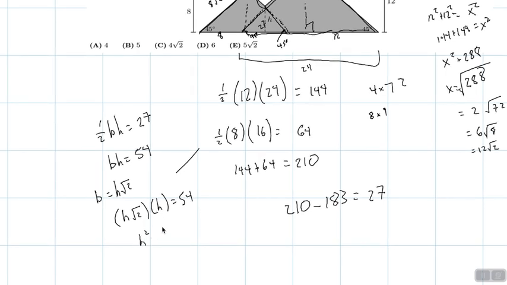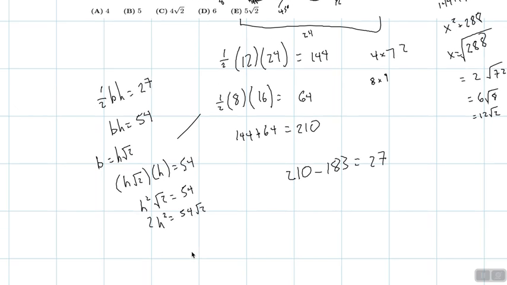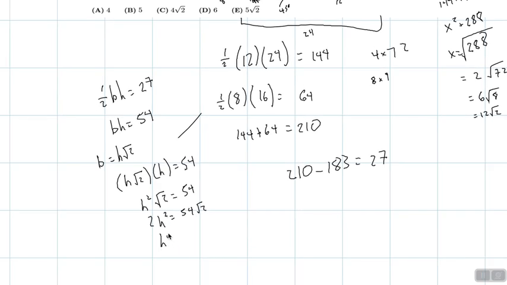So h squared root 2 is equal to 54, and multiply both sides by root 2. Divide by 2, h squared is equal to 27 root 2. So therefore h